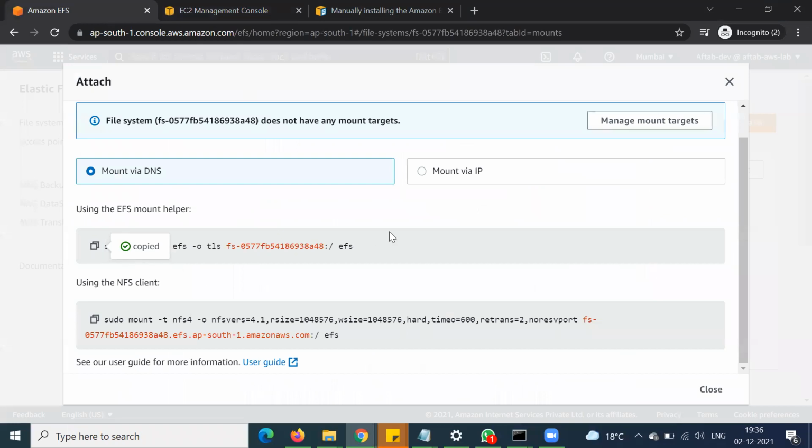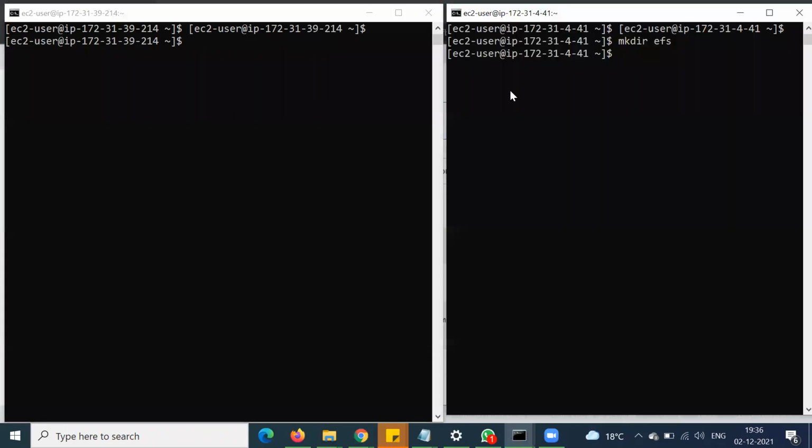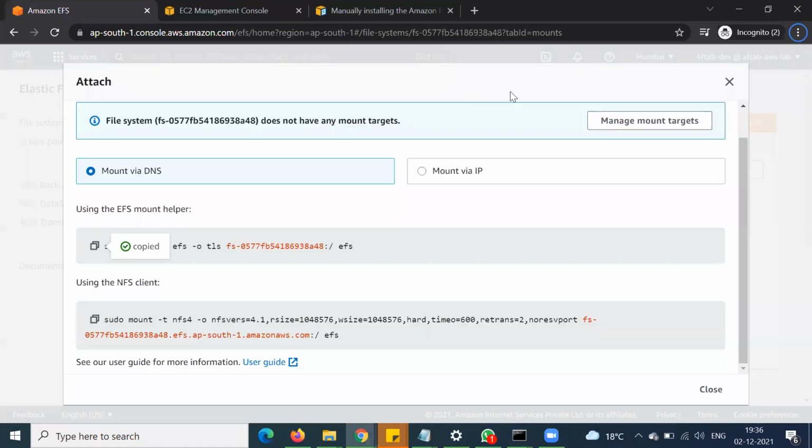So this one, copy this, paste this into our web server. Here, my friend, you can see this EFS. Let's see if we can find what we created. Oh, one minute, let me check again.